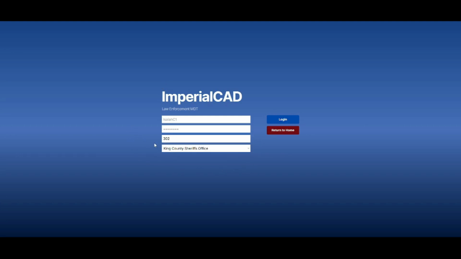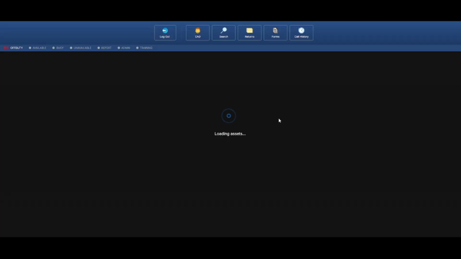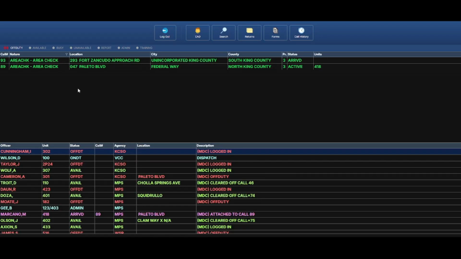King County Sheriff's Office, so you'll select your call sign, you'll put your call sign in there, and then you'll have your department, whatever department you're a part of, whether that be King County, State Patrol, or Municipal Police. And you'll press login, and you'll go to the nearest or the next call that you had, the main database